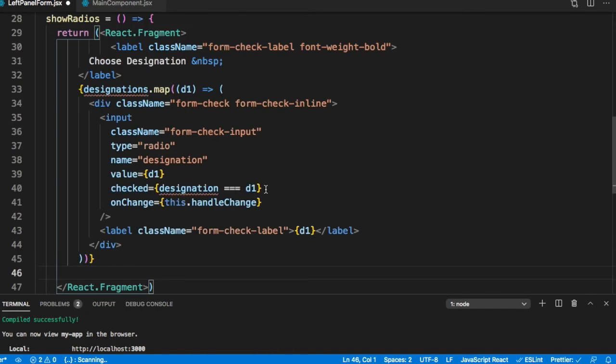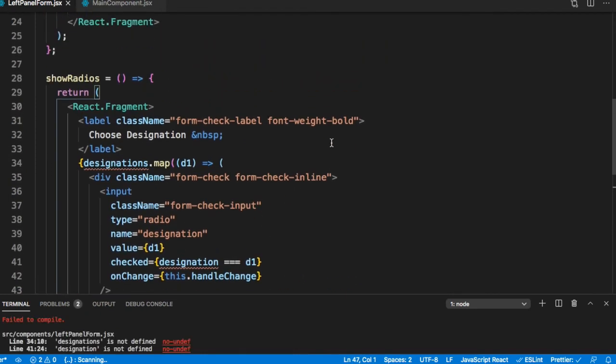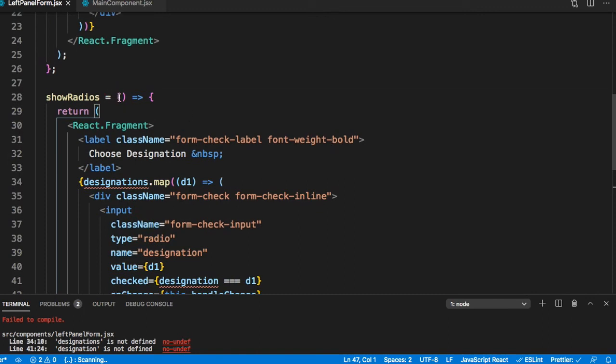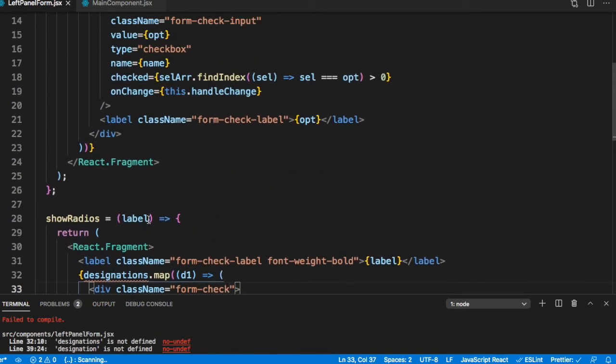And what I am doing is I'm pasting exactly what we had done for the designations. Now let's parameterize it. I need the label. Now here we don't want it inline, so I'm removing form check inline because all the options are coming on new lines. Then I need the array.